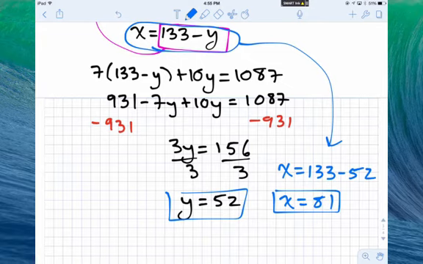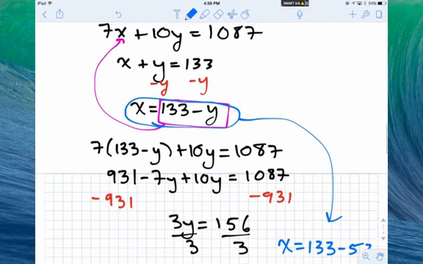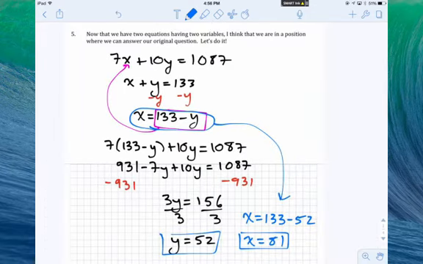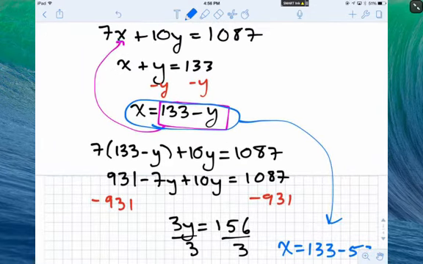We might as well just make sure that this works, right? We know that 81 plus 52 is 133. So that satisfies one of our equations. Will it satisfy the other? So if there were 81 children's tickets sold, okay, so 7 times 81 is